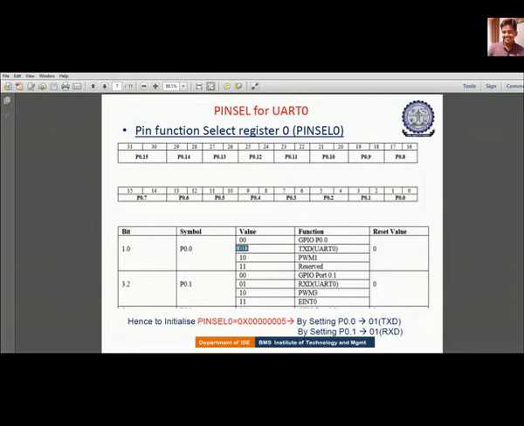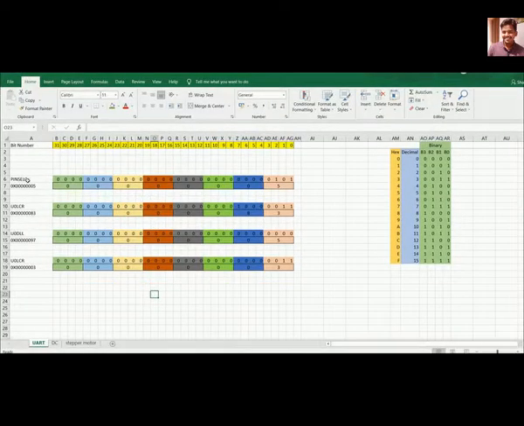Okay, so for bit 0, we need to initialize it as 0, and for bit 1 of the pin select, we need to initialize 1. If we set this, then that particular port is used for UART transmission. So in order to use the port 0.1 pin for receiver, we need to set this particular value. Here you can see, if I set pin select of 0005,